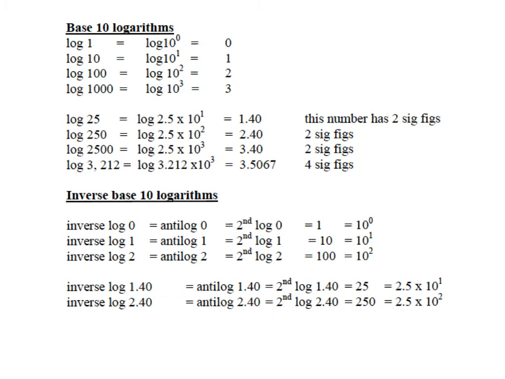So if you start at the top here, logarithm of 1, log 10, log 100, first of all, you can write them in exponential notation, and when you do, you see that the log of the power becomes the answer. Okay, and that's simple as long as it's 1 times 10 to the first, 1 times 10 to the second, 1 times 10 to the third. All right, now on the other hand, if they're not exactly powers of 10, in this case it's 2.5 times each one of the powers of 10, then